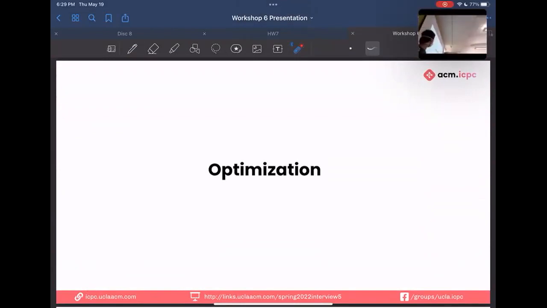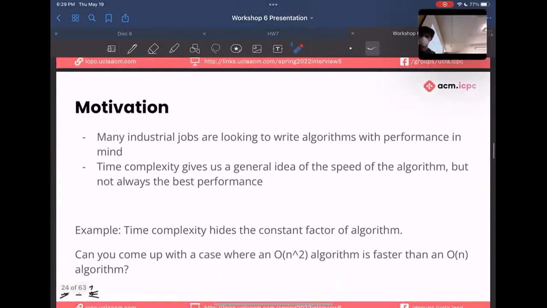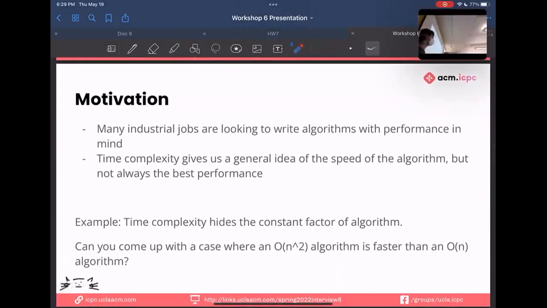All right, so first of all, let's start with some motivation on why we want to talk about this, right? We've already talked about a lot of algorithms, and we've always given the algorithms' time complexity for their degree of efficiency. But sometimes you have to think at a little bit of a deeper level to see some of the insights about what we could do to make an algorithm better, right? So first of all, a lot of industrial jobs, like if you're going to find internships, are going to be looking for you to write very good code in terms of performance, not just in terms of